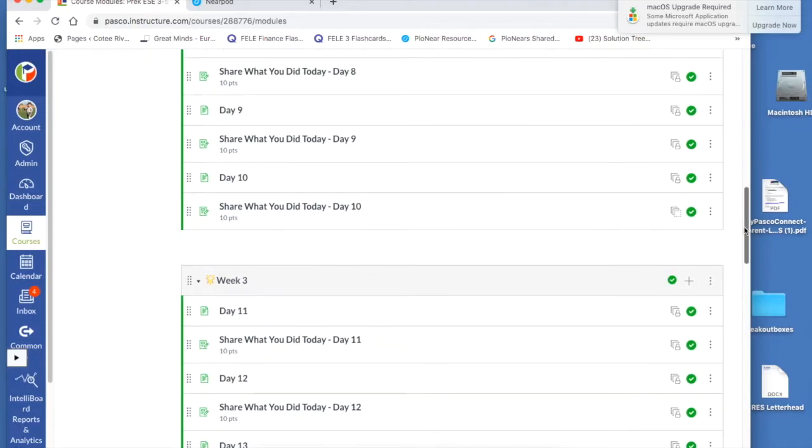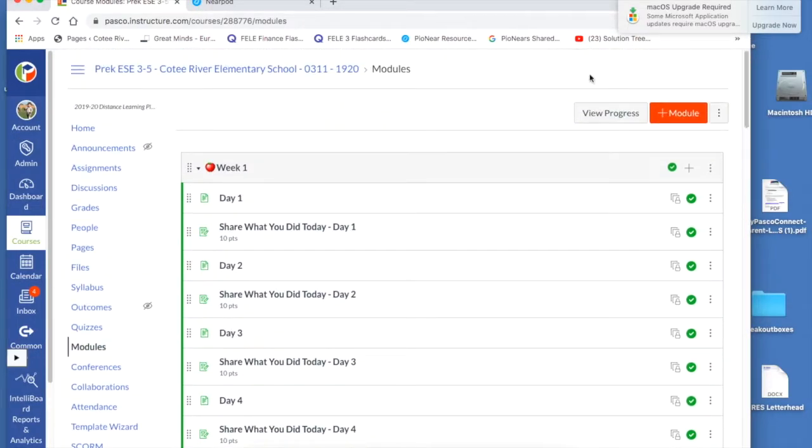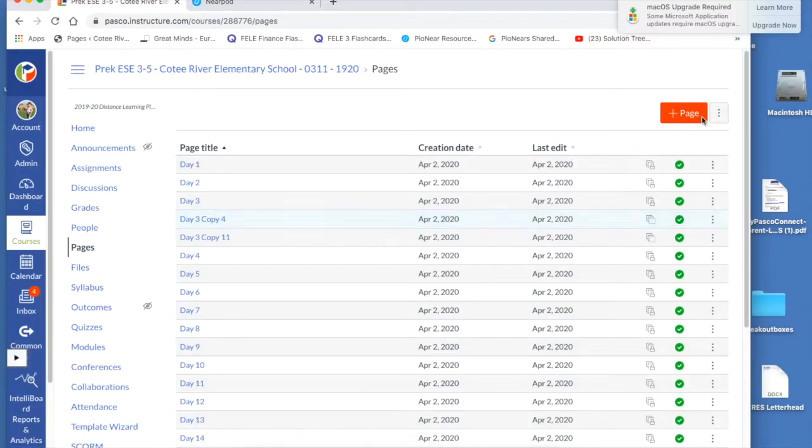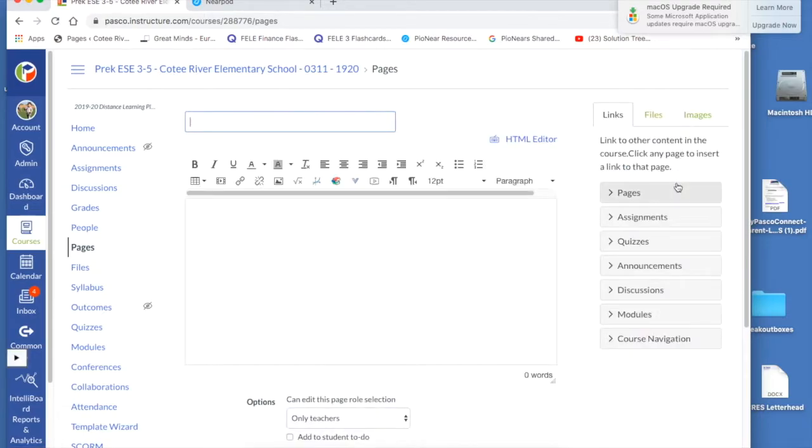The other thing that you're going to probably be working on is called pages. So pages is kind of what it describes. It's a blank page, so you can put different things in here. So if there's like a PowerPoint or something that you want to do, you can take a screenshot and you can put it in here. So if I go to, let's say, PowerPoint,